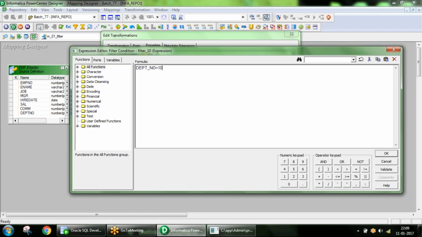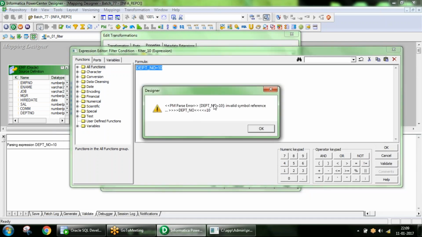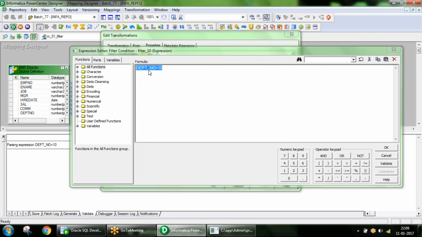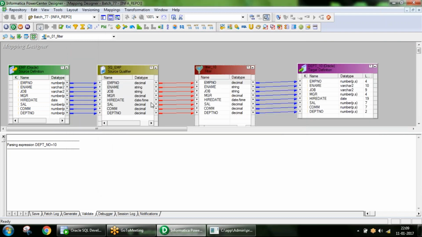I'm writing a proper filter condition, and I am trying to validate whatever condition I have given here. Click here, you can see the validate button. On validate, it is showing an invalid symbol reference because you are writing DEPT_NUMBER. But what is the exact column name in the filter transformation? If you see from the source, it is coming as DEPT and DEPT number,